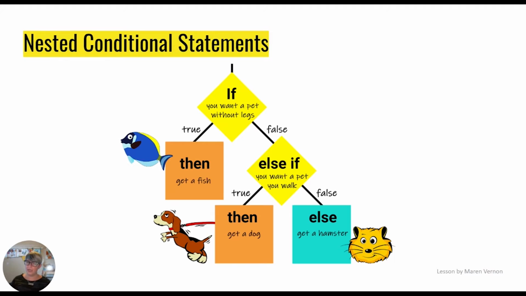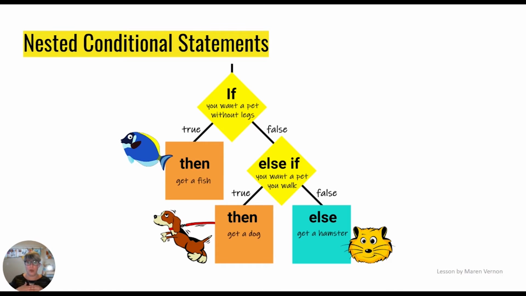Let's say we're trying to pick a pet. We could use a series of nested conditional statements to figure out what pet to get. If you want a pet without legs, if that is true, then get a fish, because fish don't have legs. If that's false, you want a pet with legs, then we have to